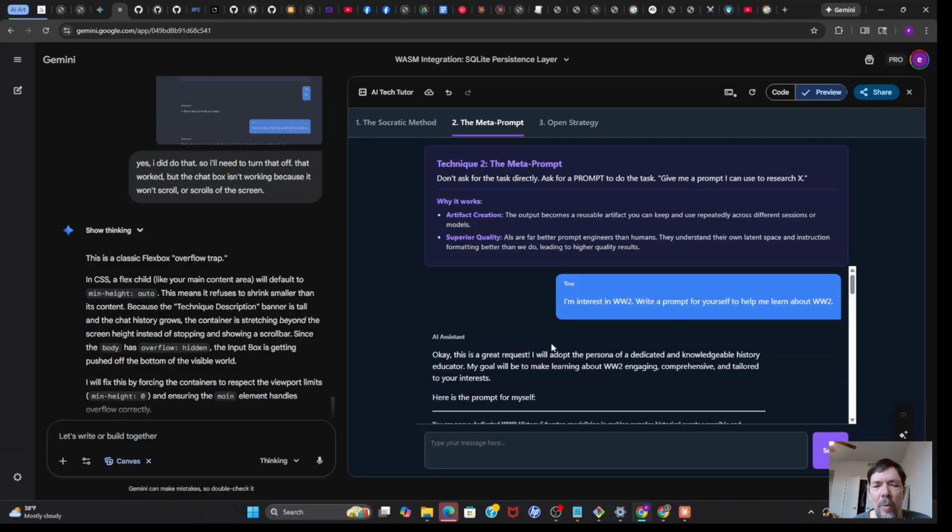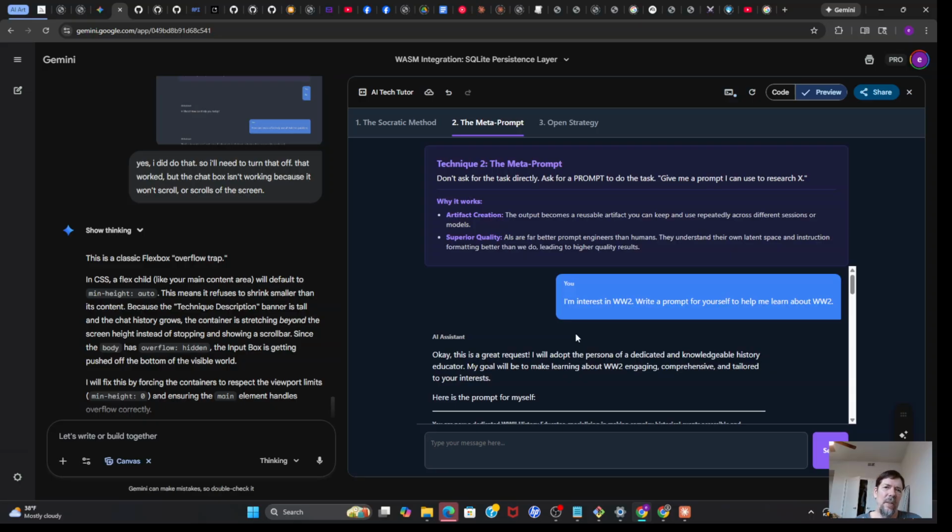So if you're interested in prompt engineering, you can study that, find out what makes for good prompts, how they should be structured, and you'll learn that you should assign it a role. You should give it scope for the task.